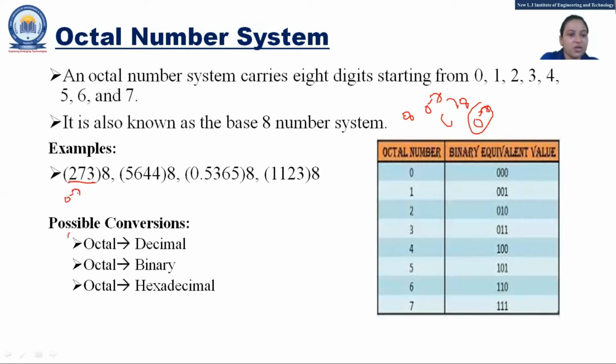It is a combination of digits from 0 to 7. For 5644, it is also from 0 to 7. And similarly, we can have conversions from octal to decimal, octal to binary, and octal to